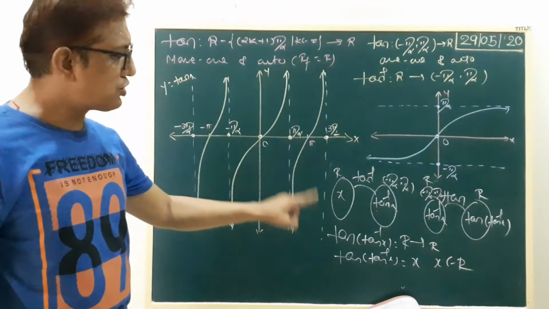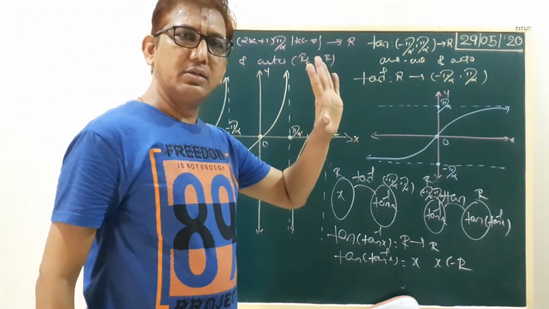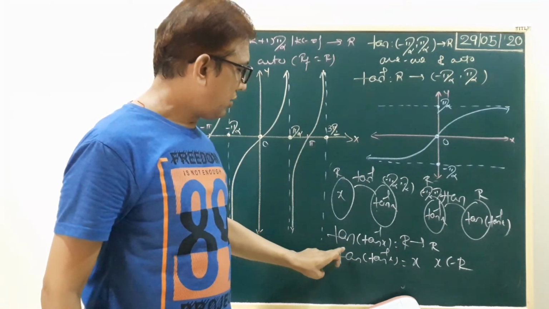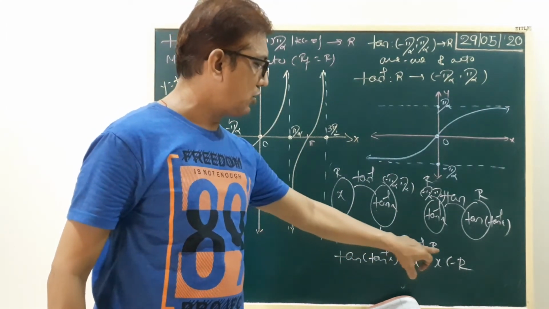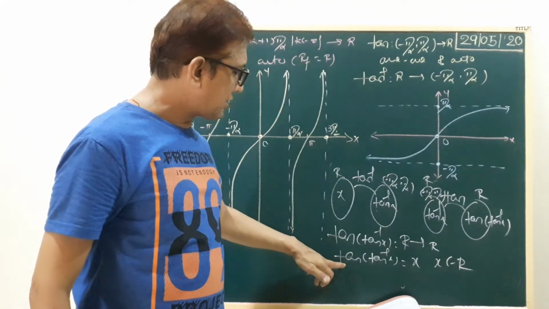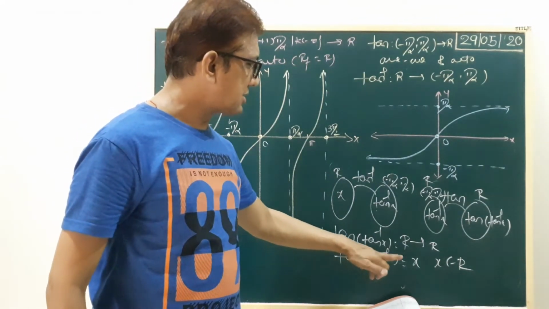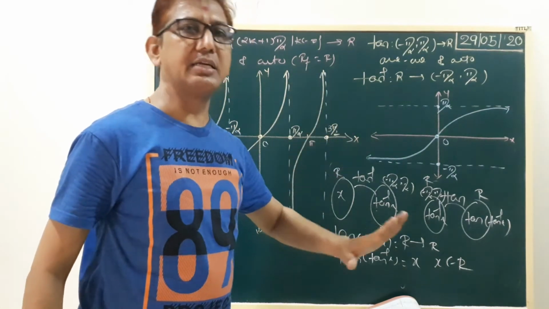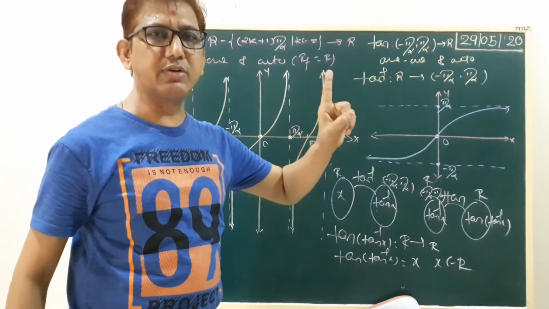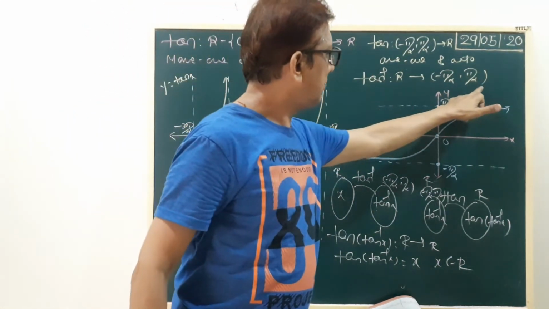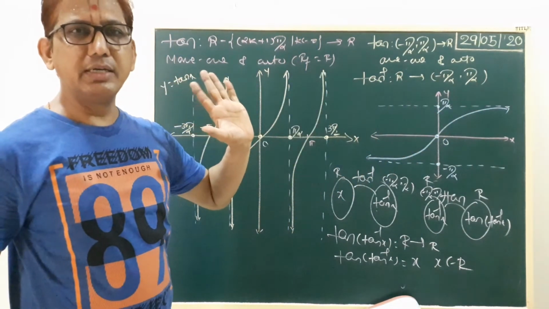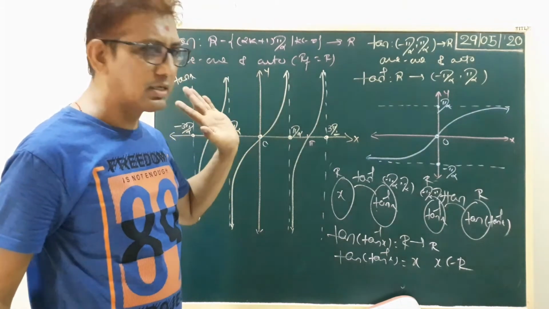This is your most important condition. Is that clear? So two formulas: tan of tan inverse x equals x, x belongs to R. If tan inverse is outside the bracket, tan inverse of tan x, the answer is x, but x belongs to the open interval minus pi by 2 to pi by 2. We do not take a closed interval here. What is the meaning of open interval? We do not take these two values, but the values in between these two values. Is that clear?